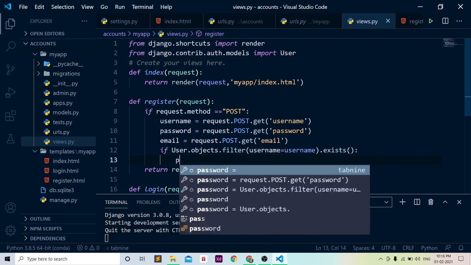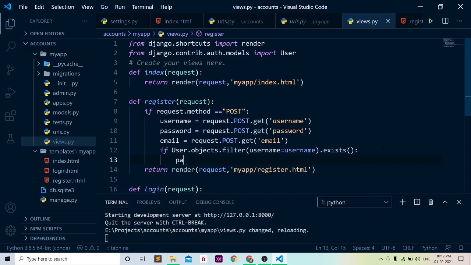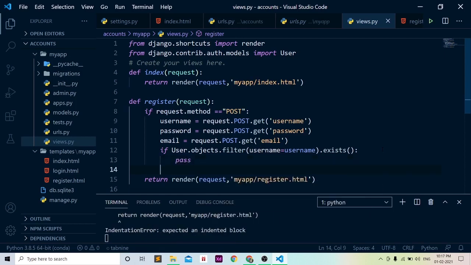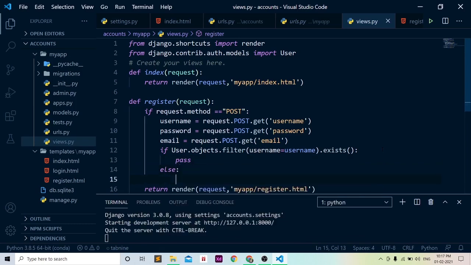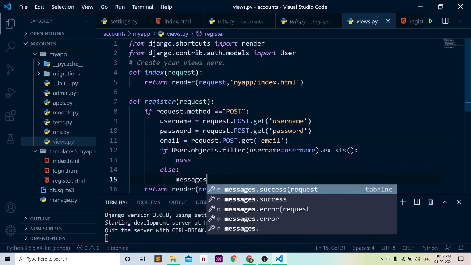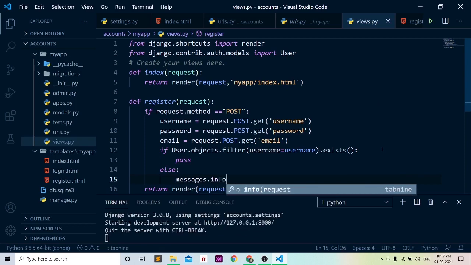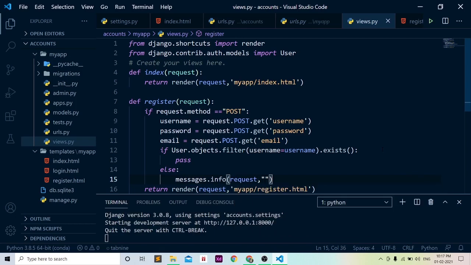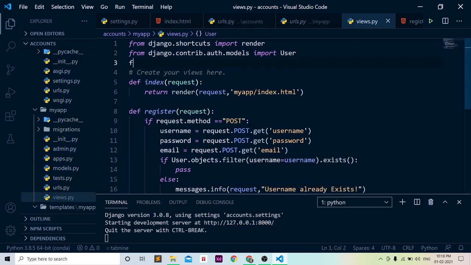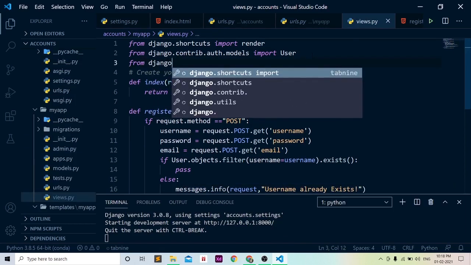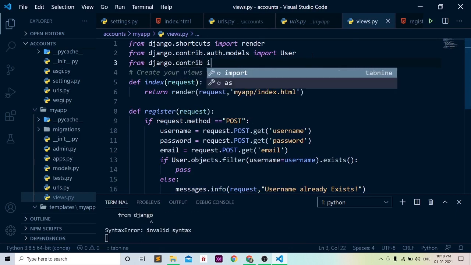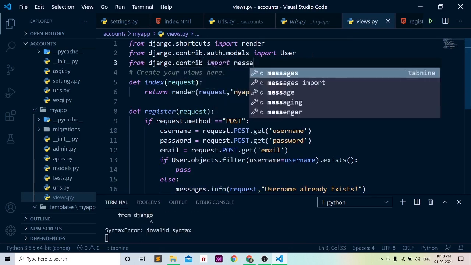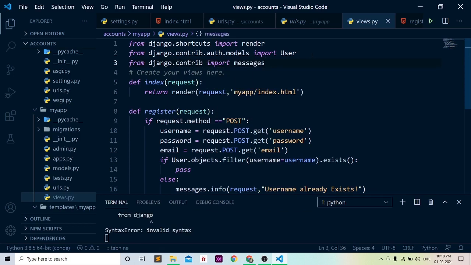So if it is there, we can do something, pass, but if it is not there, we need to do messages.info, which will take request and some error info: username already exists. From django.contrib import messages.